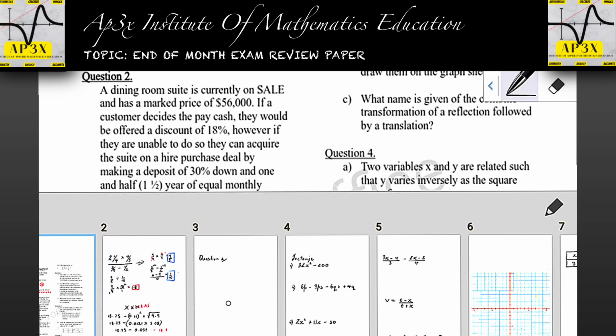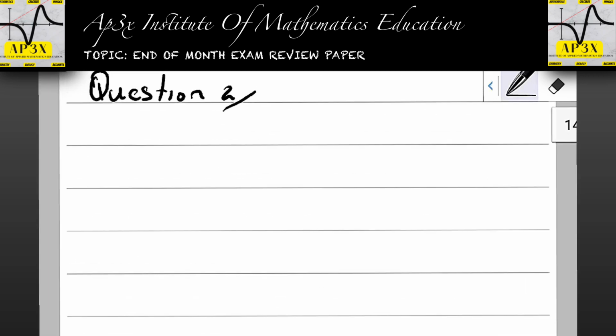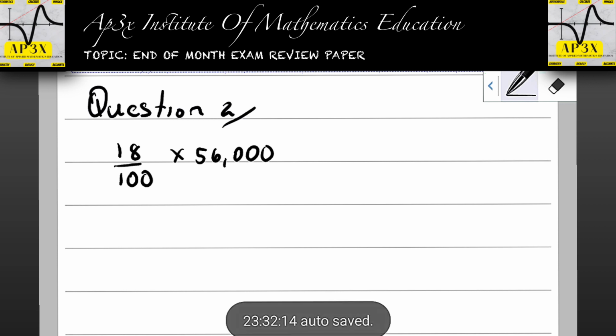So let's go ahead and find 18% over 100 multiplied by 56,000. This would tell me how much I'm going to be subtracting from the 56,000. So that's 18 divided by 100 multiplied by 56,000, and that gives me